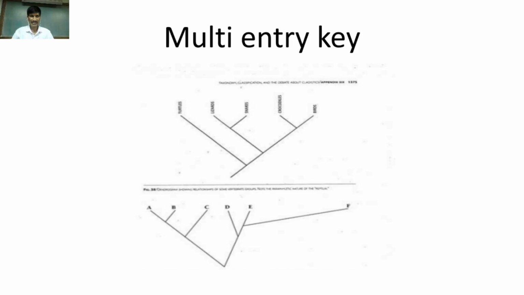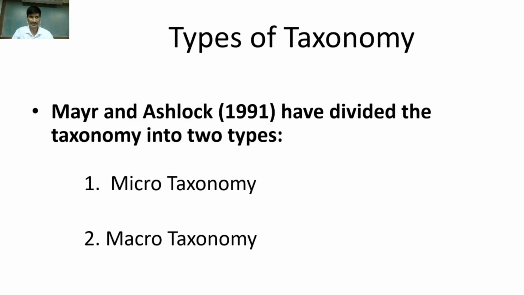The next type of key is the multi-entry key. Here we observe a single origin, but then there is bifurcation. A multi-entry key is carried out by duration. There is some species organization where one key character is varied, and there is another entry to that. In this picture, the entry level differs, and different entries occur by the time duration.